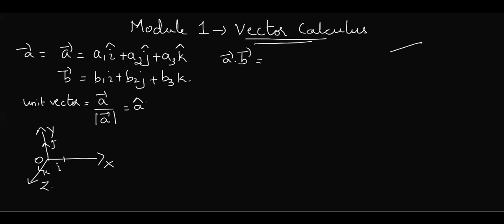Suppose we have two vectors. One is vector A and this is vector B. Suppose they are intersecting at an angle. The angle between these vectors is theta. Then how is the dot product defined? A B cos theta. Magnitude of vector A, magnitude of vector B into cos theta. Isn't it, this is the definition you learned?